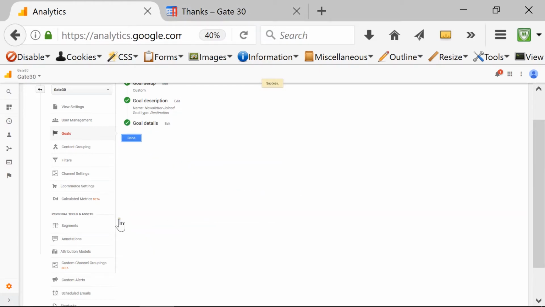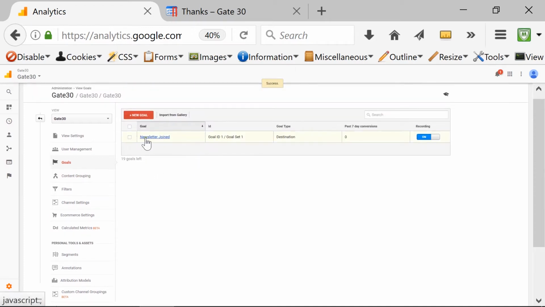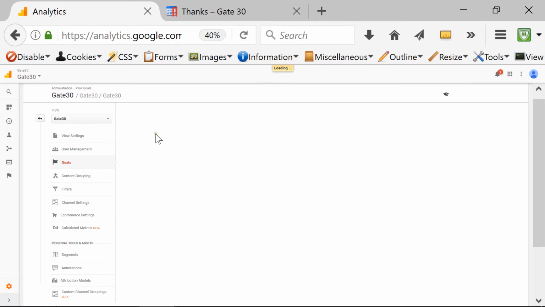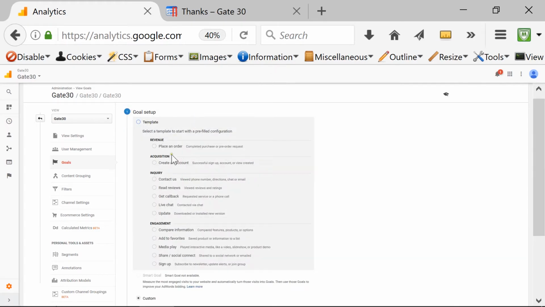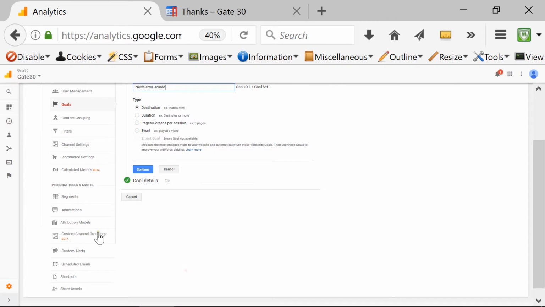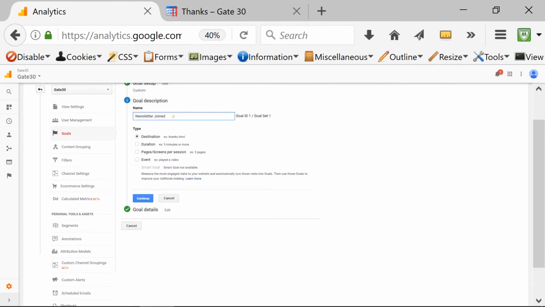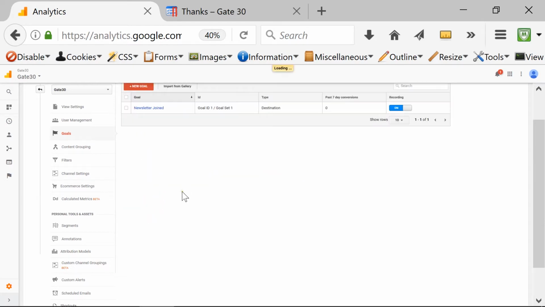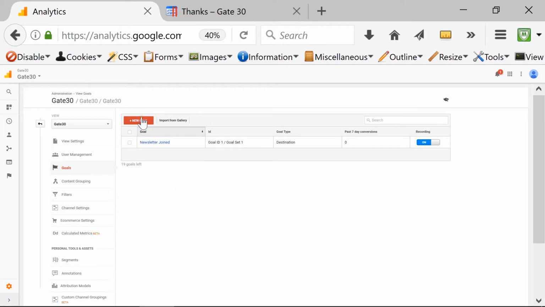And as you can see, I can see the name of my goal here, newsletter joined. At any point in time, you can click here and make changes to the name of your goal. For example, if I go here on description, goal description, I can change it to something else if I want to. The moment I hit done, the changes are saved, and I can go ahead and retrack and see the viewers of my website, how they are achieving the goal. Okay, now again, if I want to create more, I can hit the new goal and go ahead and create